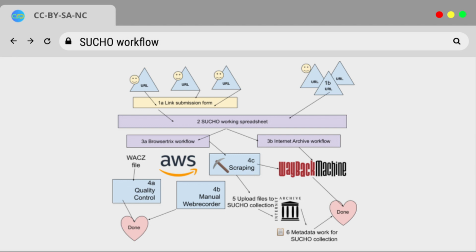There's also a Eastern European library system that no one was really familiar with, among the Western librarians here. And we've had people write custom code for getting those pages as well. Sometimes people download PDFs in mass and images in mass, and we upload those files to the Sucho collection on the Internet Archive. But really, we've been emphasizing that Browsertrix is absolutely the cornerstone tool of our